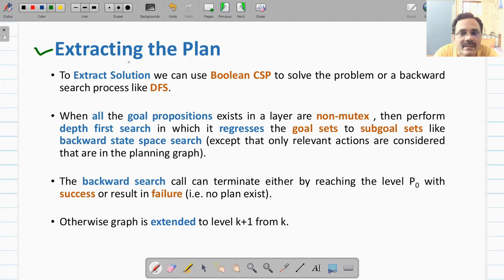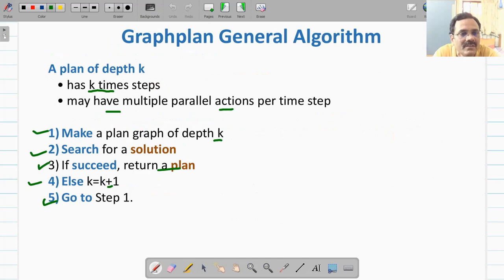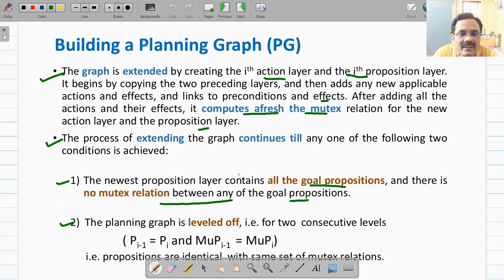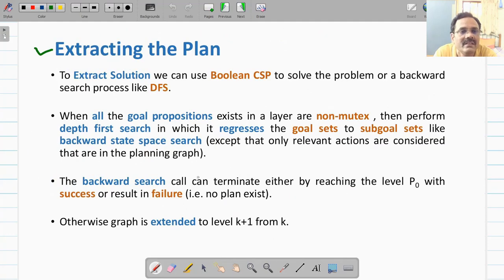You terminate the planning graph construction process by incorporating one of the two conditions, that is, if you reach the goal propositions and they are not mutex, or if the planning graph has leveled off. Once that is done, you can extract its solution by using a Boolean CSP, that is, a constraint satisfaction procedure, for solving the problem. That means you perform a reverse depth first search, that is, backward depth first search.